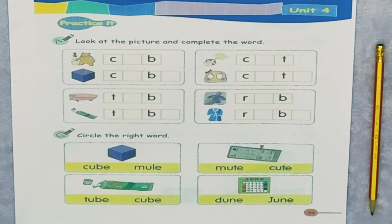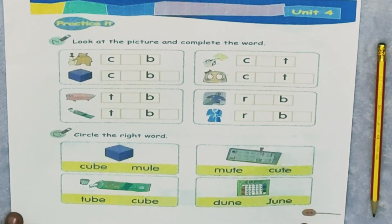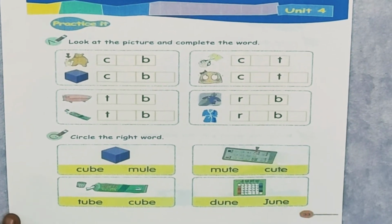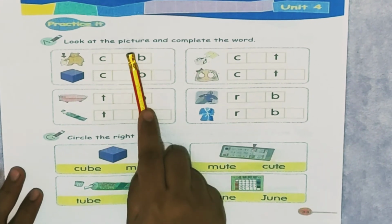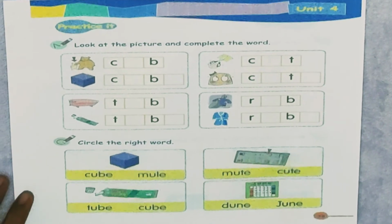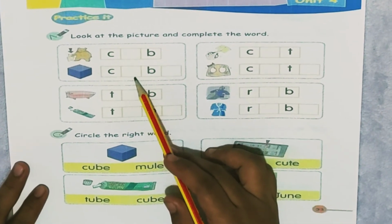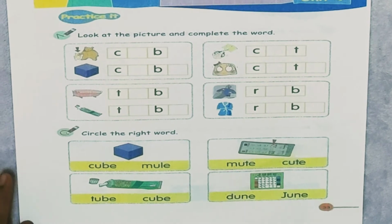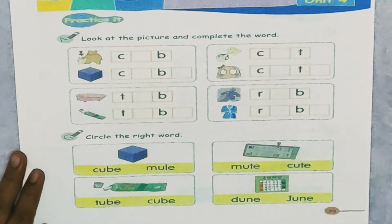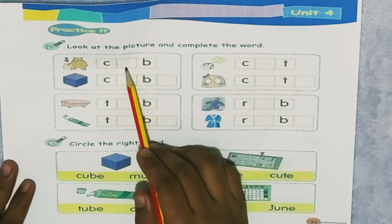Right, so for your activity this morning, I want you to open your phonics book on page number 33. What you need to do is to look at the picture and complete the word. So you will need to write the short vowel sound and the long U sound. For example, on the first picture, the word is cub. So we already have ka. So over here we need to write